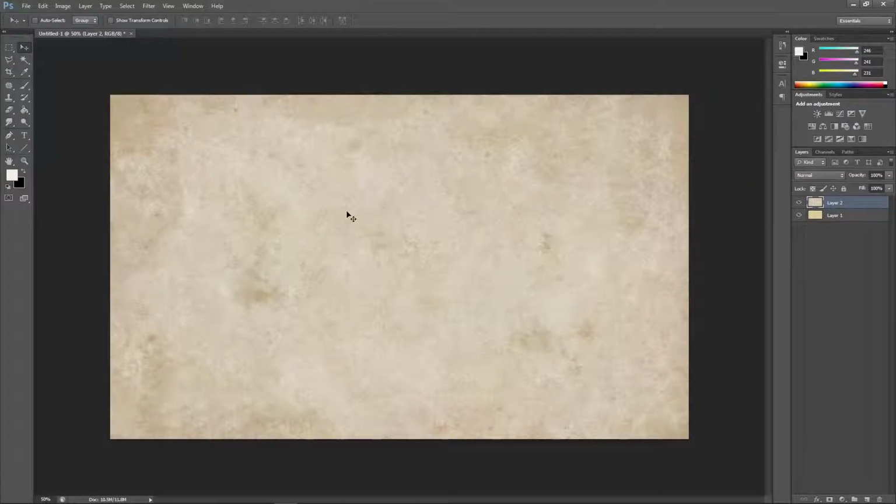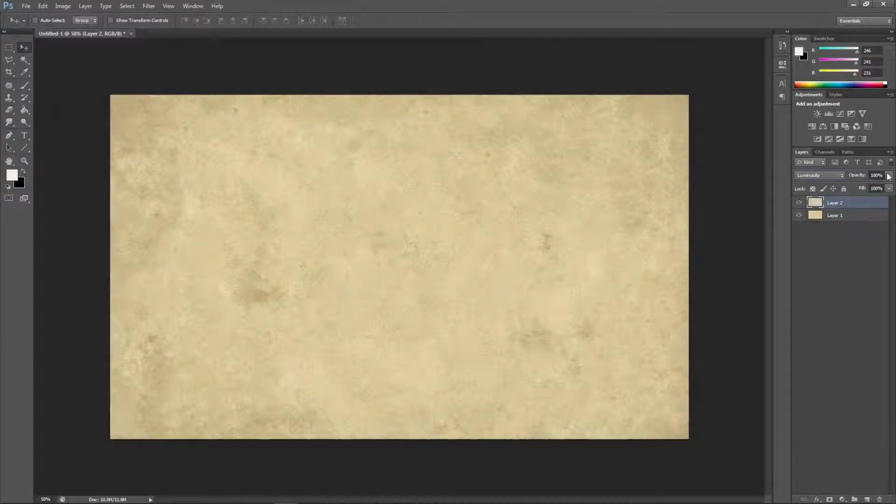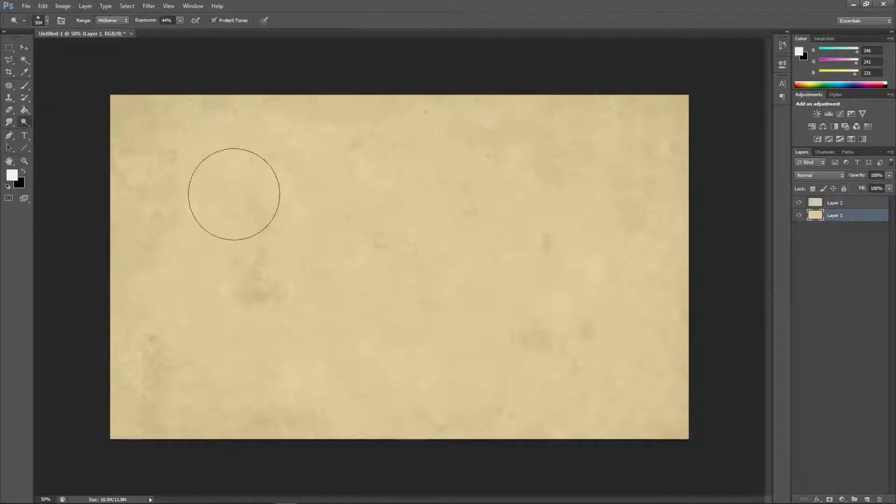So let me think. Yeah, it already looks good. Lower opacity a bit, and then just like I did previously, I'm gonna make some part of the paper whiter, while the other parts will be in this yellowish color. Alright,